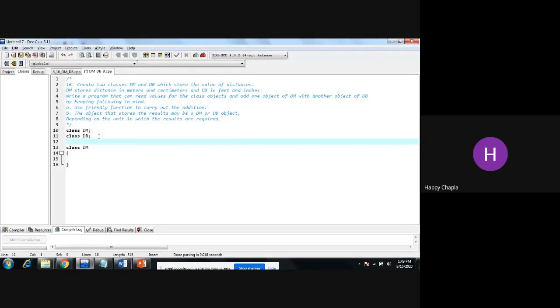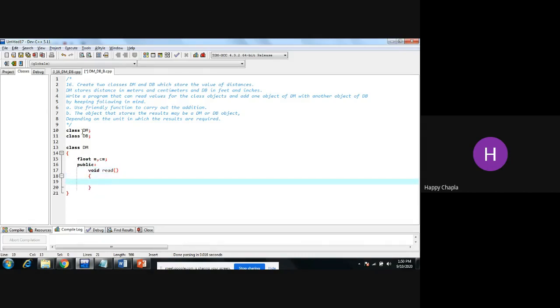In the DM class, I am declaring two variables: meter and centimeter. In the public section, I am declaring one function which can read the data from the user, right?